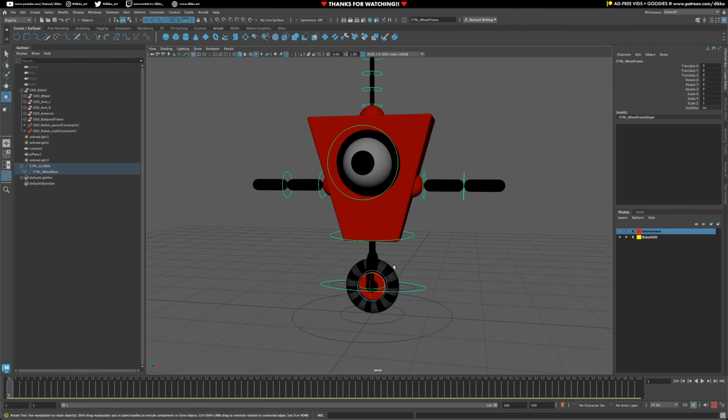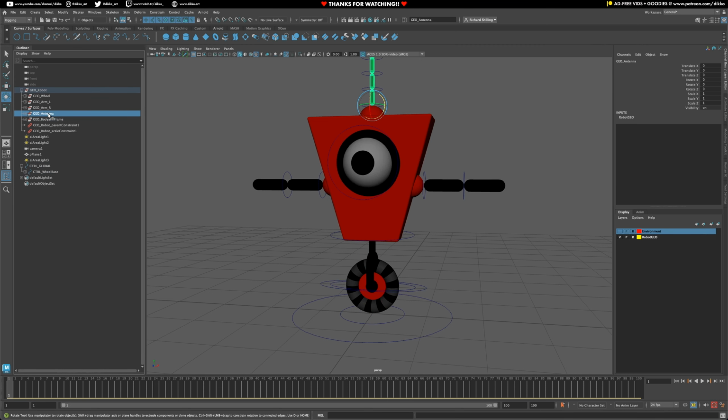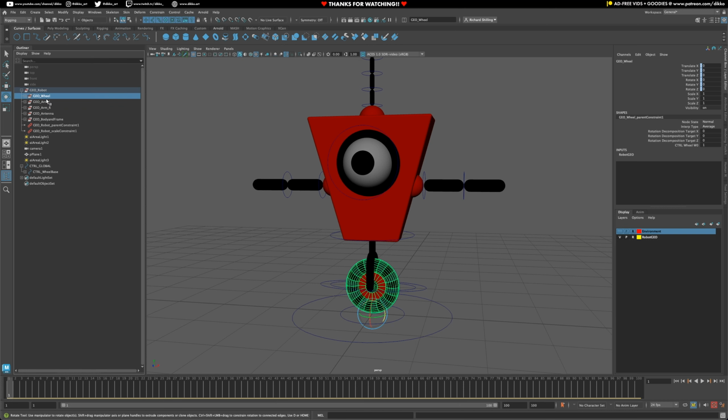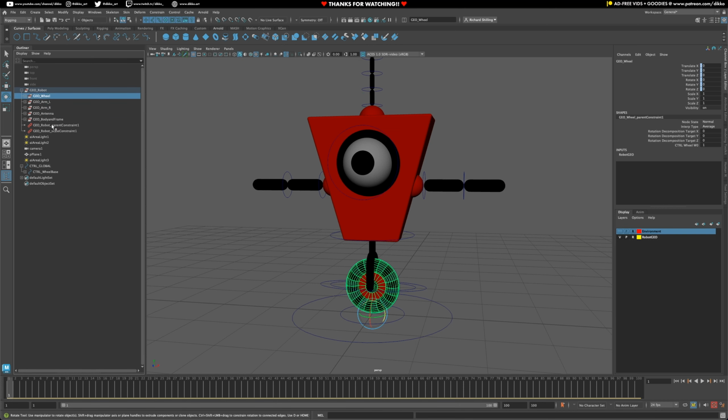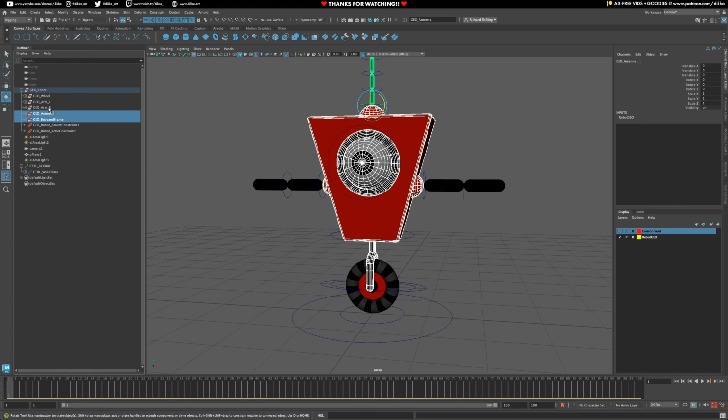So we have this control doing its thing. Now we have to do this control here for the upper body. So let's grab this control here. We're going to grab, in this case, the body and frame. What we need to do actually is create a new subgroup underneath all of these controls here to be able to make this work. So what we're going to do is select these different groups here,